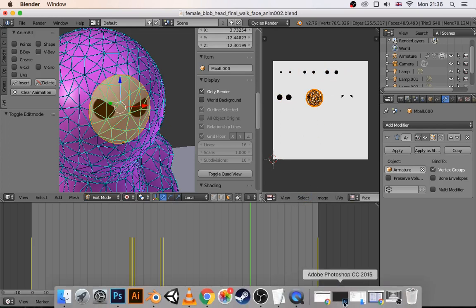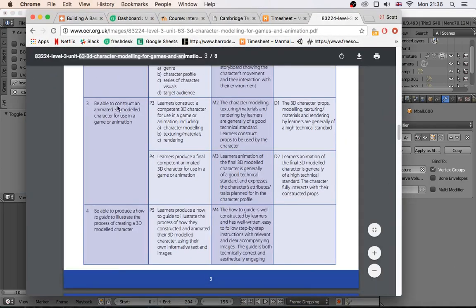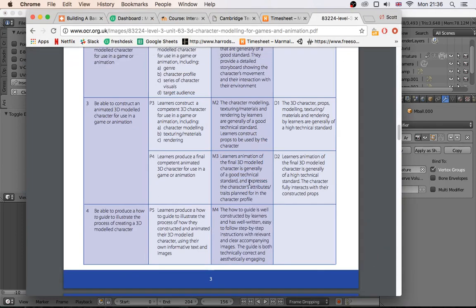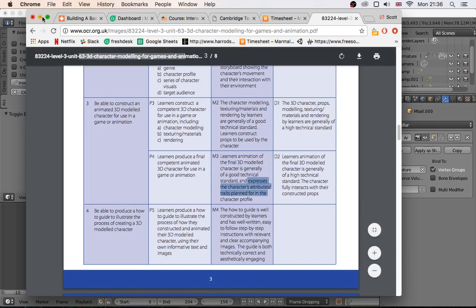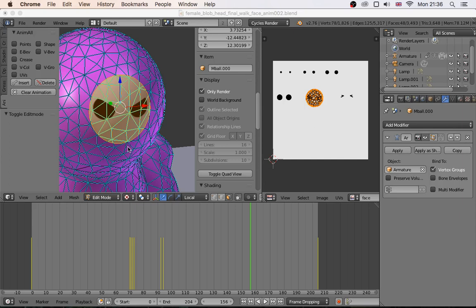Why do we want to do this? Well, it's part of the Unit 63 grade criteria. Learner's animation of the final 3D modeled character is generally of a good technical standard and expresses the character's attributes / traits as planned for the character profile. So we have to express some elements of the personality that we created when we did Task 2, when we